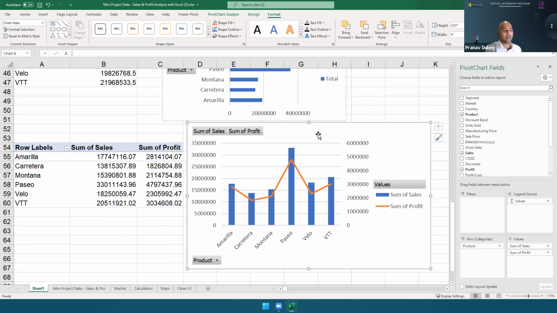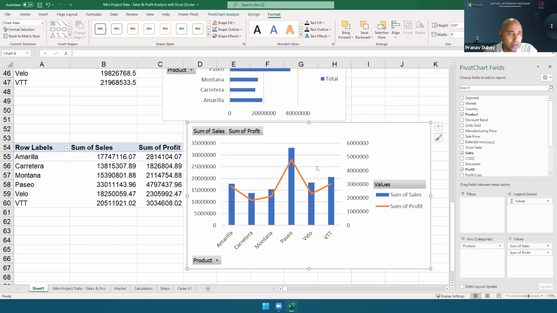Now you also please try this out, create a combo chart, everybody. Once you're done, give a thumbs up.